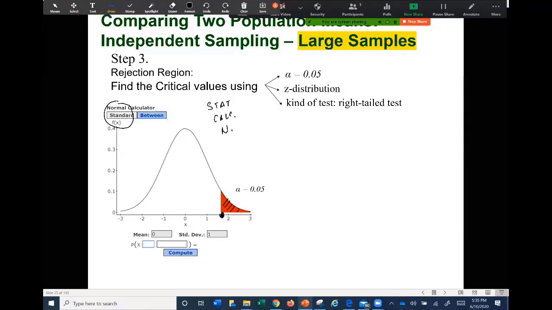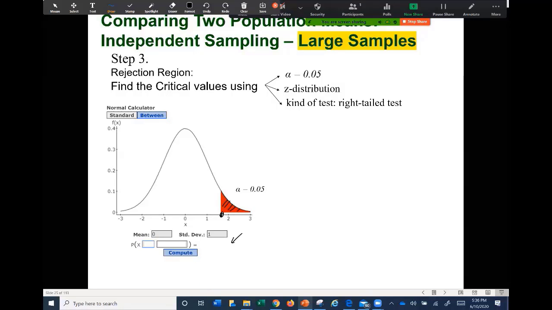The researcher expects to select one sample located in this area. But if he selects one sample in this tail, he will reject the null hypothesis. And he doesn't want to make this mistake when the null hypothesis is true. Okay, then we need to find this critical value. And alpha is given. Alpha is this tail on the right, okay? Then we need to input this tail in this box.